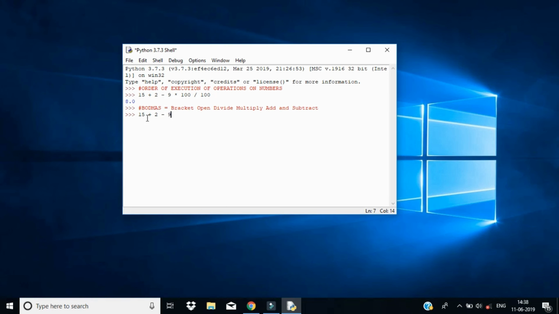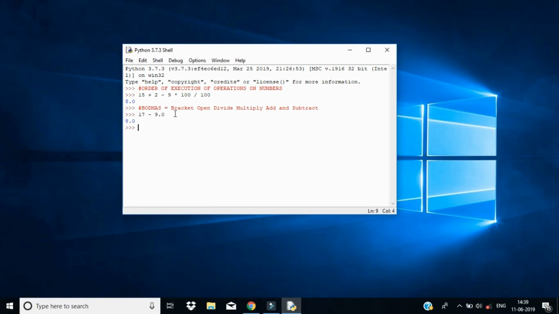Oh, I forgot that 100 by 100 is 1.0, so 9 star 1.0 is 9.0, and 15 plus 2 is 17, and 17 minus 9.0 is 8.0. That's it. So this is how execution works.